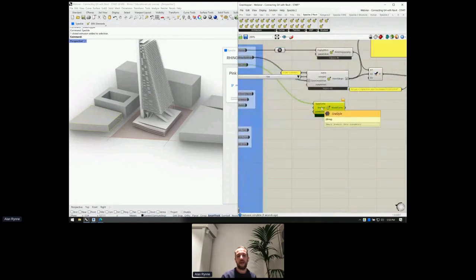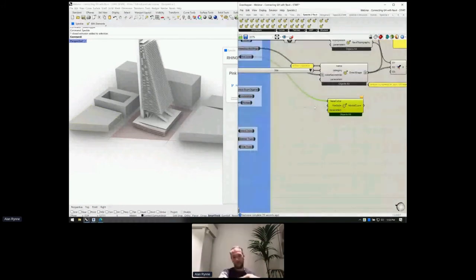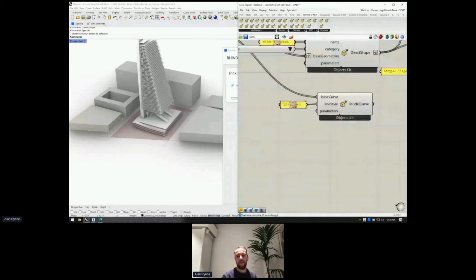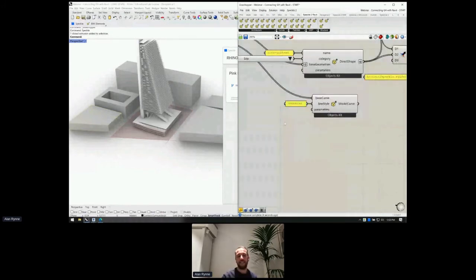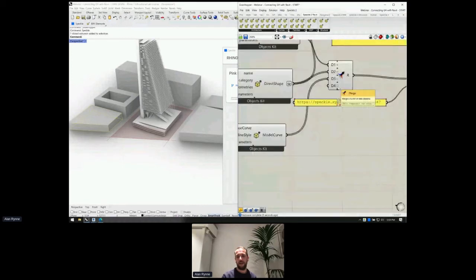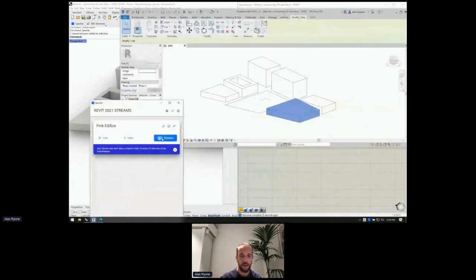And from line style, to be honest, sometimes you don't really know what is accessible. We're gonna fix that in a minute, but for now, we're just gonna say invented. We're just gonna say we don't know. I really don't know what this model curve is, what its line style is. So let's actually plug that in, and hopefully, if luck is with me, this would generate our curves properly alongside